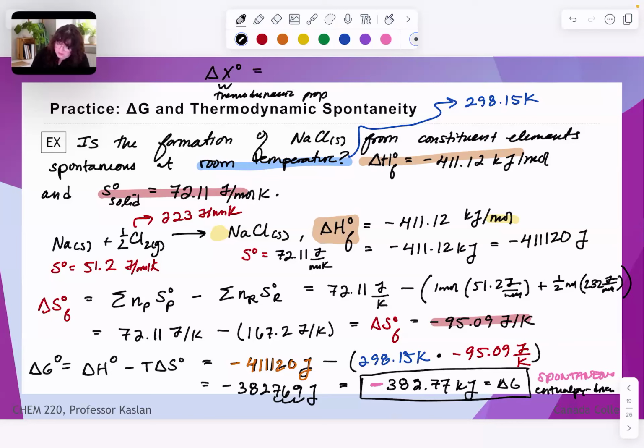We could either use something akin to Hess's law, where we construct our delta terms from other reactions. However, that seems pretty tedious here when looking for entropy values. So this is where we use the sum of moles product times delta X standard formation product minus the sum of moles reactant times standard X formation reactant,